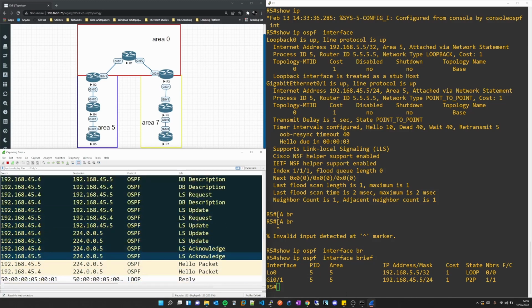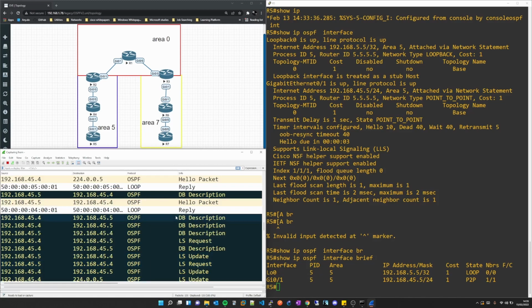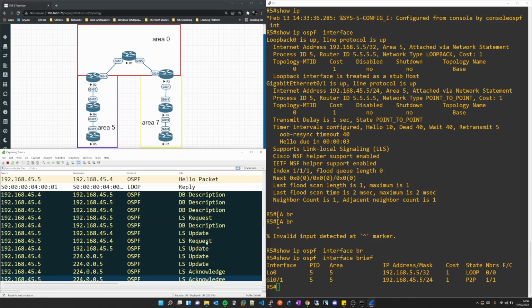So the neighbor states are down, init, two-way, exstart, exchange, loading, and full. Init means that we're sending hellos. Two-way means that we've received a hello from a neighbor with our router ID inside. Then we go to exstart, which is deciding who the master and the slave is between the two routers. Then we go into exchange. Exchange is where we send each other the database descriptors to tell each neighbor what we have within our database,